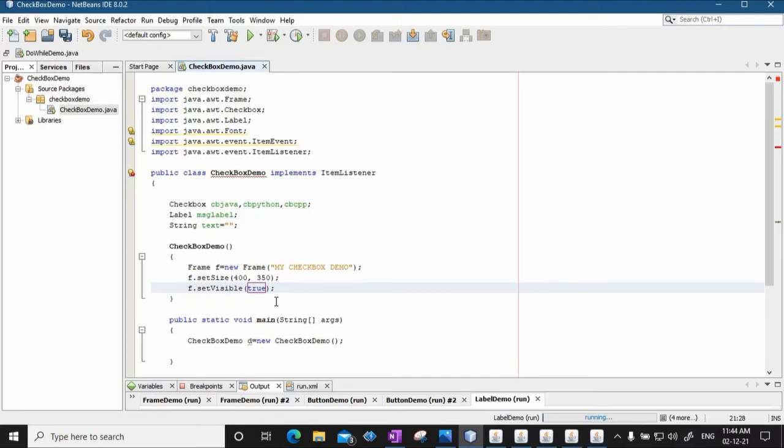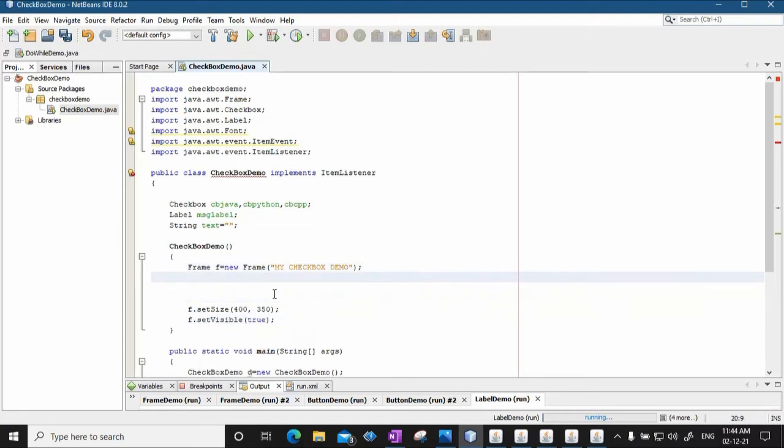Next we are creating a new font so that I can use it. Just after declaring the frame object, I will create a font. Font font equal to new Font. Font takes three parameters. One is the name of the font, so let's say Courier New is the name of the font.